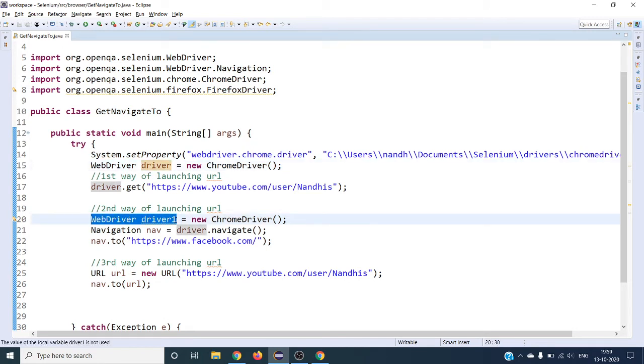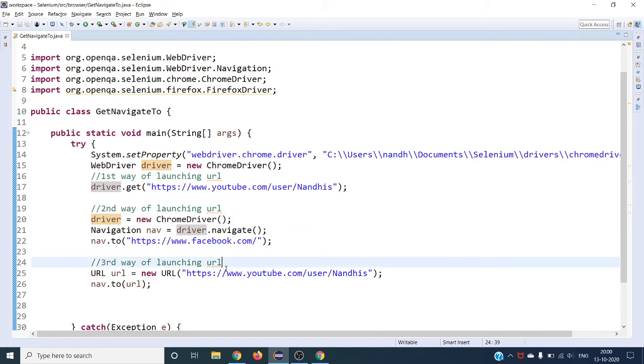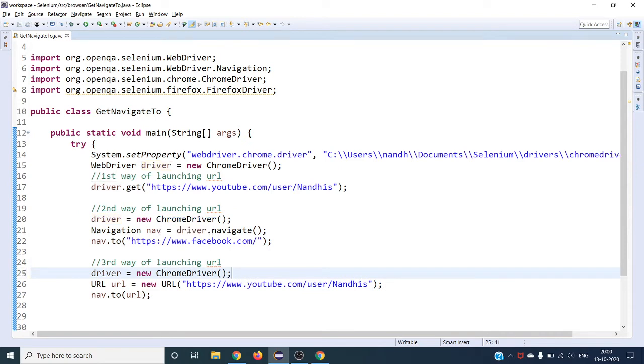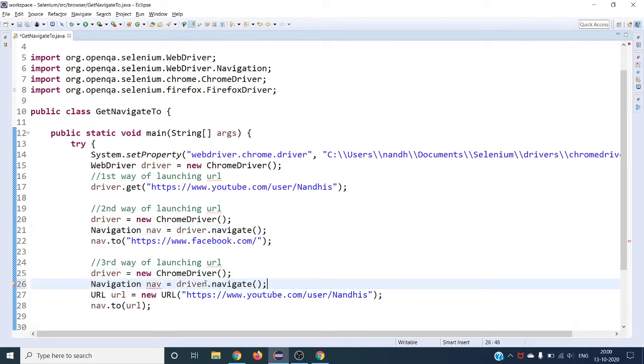It will open in a different browser instance, because we are assigning the new instance to the reference variable. Same way I'm going to do it for this one as well, and we have to do the same over here, because it is defining the new one. I'm going to have driver here, new class, NAV one. I'm going to take this as one.